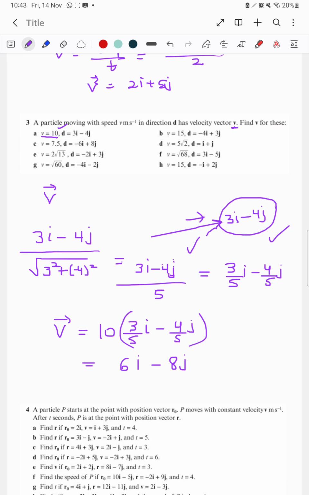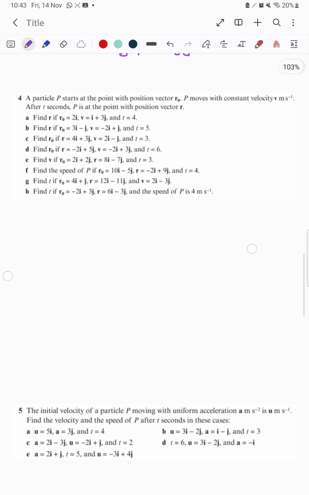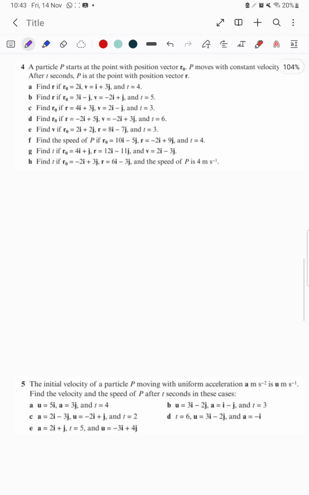Then we have the other questions here. All of these questions are the same because they all are like find the velocity vector, find the velocity vector. So they all are the same. Next we will go to our next question, number 4. Here in different questions, different things have been asked depending upon the question and the given conditions.